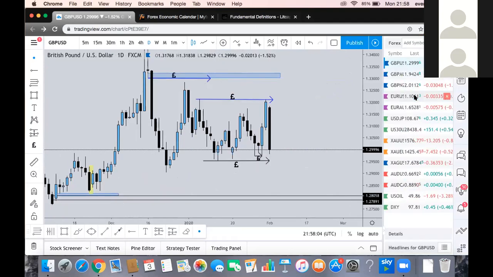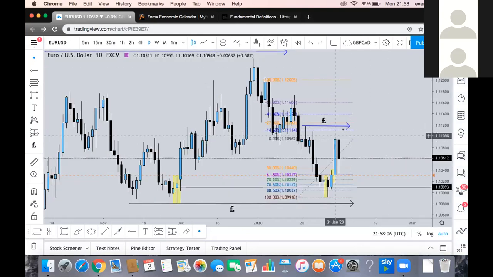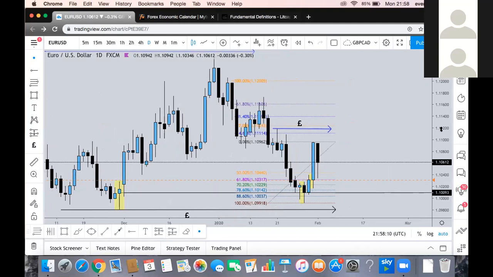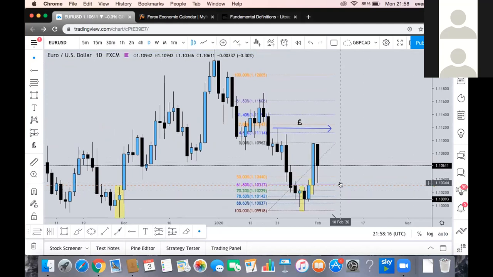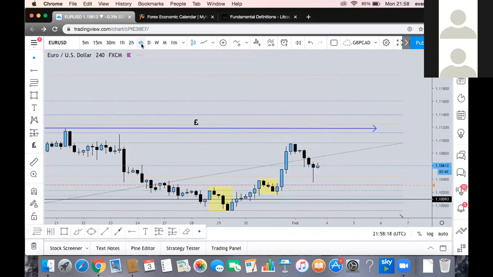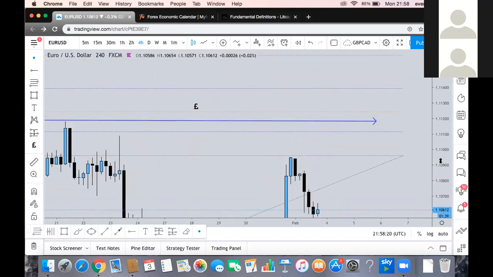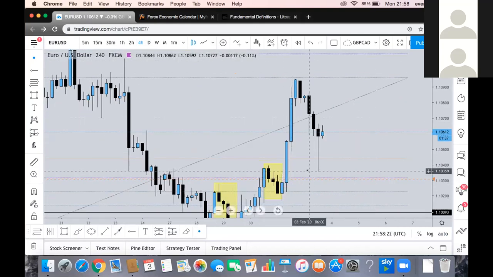I'm going to go through EURAUD as well, where I did have a setup earlier. I am thinking price can still come a tiny bit lower, as in my opinion we haven't reached a deep enough retracement. I believe that we had a bit of a mitigation play earlier today.